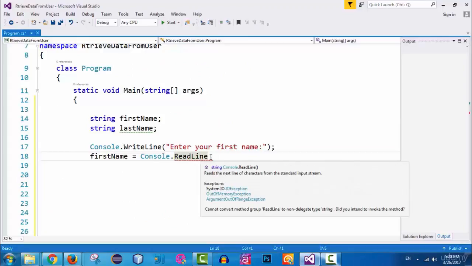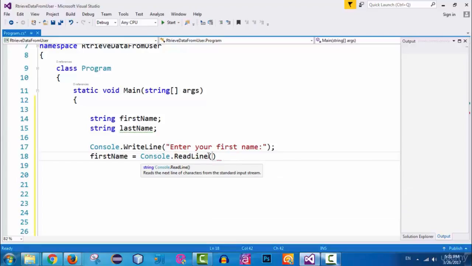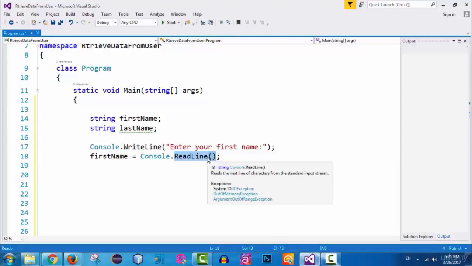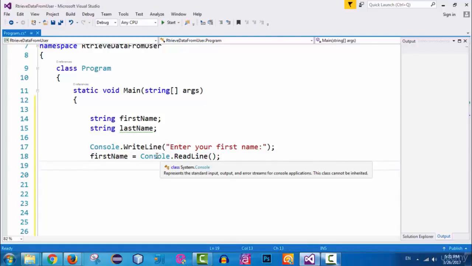So the ReadLine method is actually a method, right? So for methods, when we call them, at the end of the method name we put a pair of parentheses, and at the end we put a semicolon. So this is very important. When you call a method, we must put a pair of parentheses here. So now I actually called ReadLine on the Console,